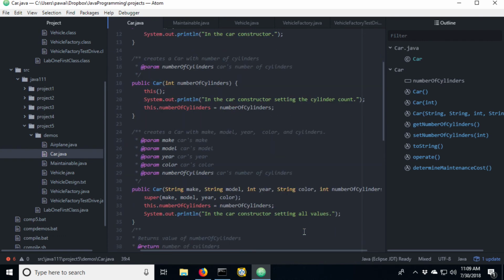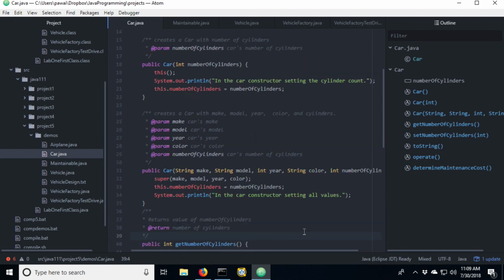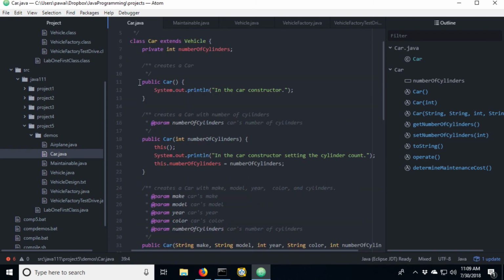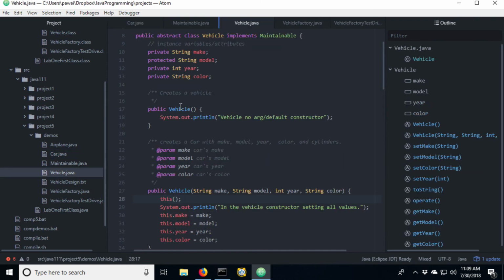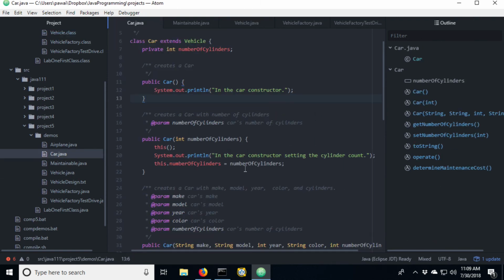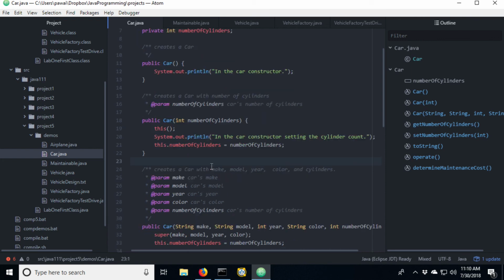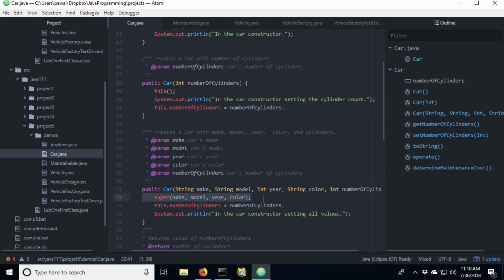All right, so I think that demonstrates pretty much everything that I wanted to cover here. So we've got our default no argument constructor. We've talked about the importance of making sure that we add that even if we aren't necessarily going to explicitly call it. It does get called by our concrete subclasses, as we saw. With Vehicle, we needed to have that no argument constructor. And then we talked about calling the no argument constructor within the same class using the this keyword. We also took a look at calling up to the superclass constructor here, passing along make, model, year, and color.